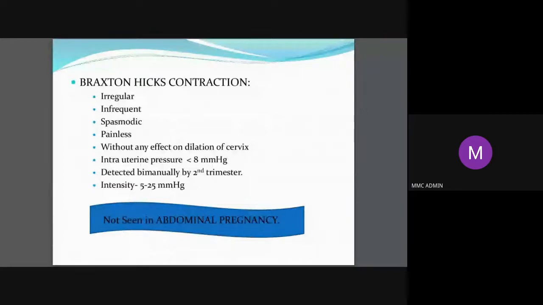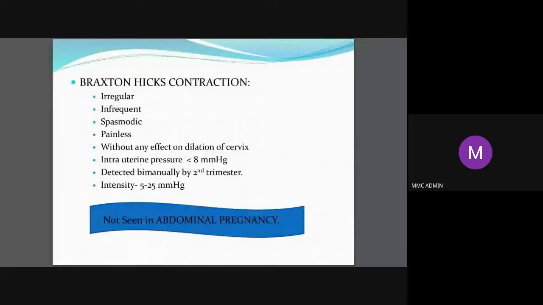bimanual pelvic examination in early pregnancy, probably you will just feel the uterus. See, all these things, you people are a little unfortunate because of this COVID situation. Actually, when you are in the labor ward, when you keep your hand on the pregnant uterus, sometimes you will find it soft. But at the next moment, you may find it suddenly hard. And this is because of this intermittent contraction of the uterus. But as long as it is not associated with cervical changes, we don't call it labor pains. We give it the name Braxton Hicks contraction, which you may feel throughout the pregnancy.